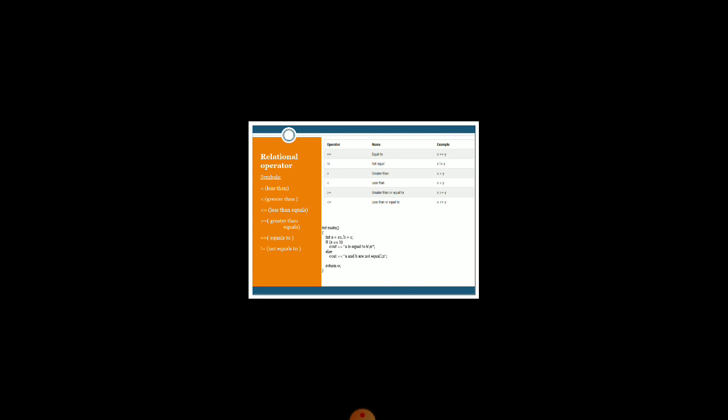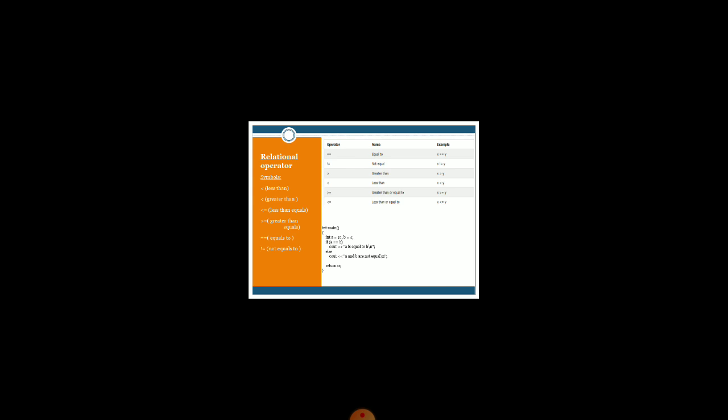Now, less than, greater than, less than or equal to, and greater than or equal to, these four are commonly used to compare two values. For example, if I want to check the values of A and B, and display whether A is greater than B or B is greater than A, then I use the relational operator.